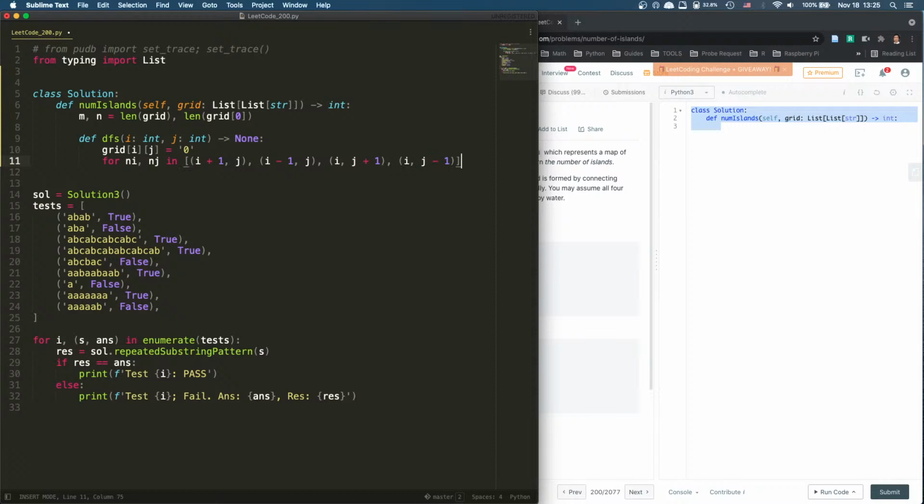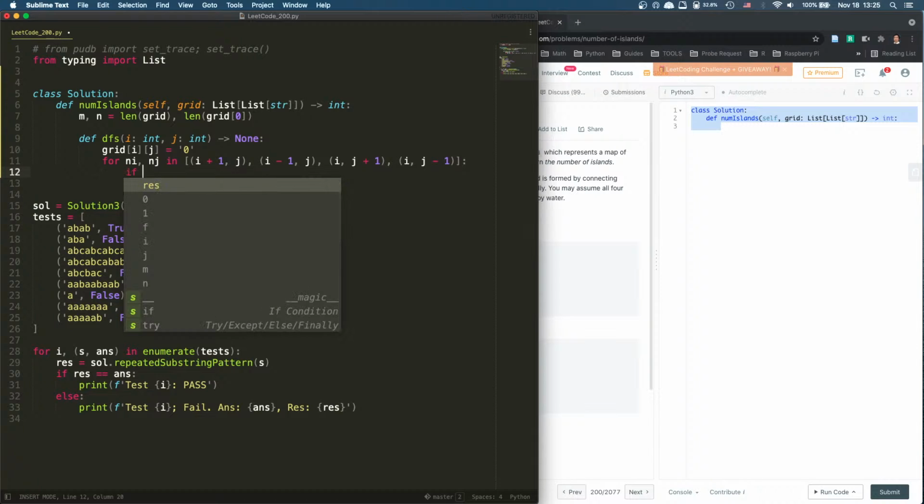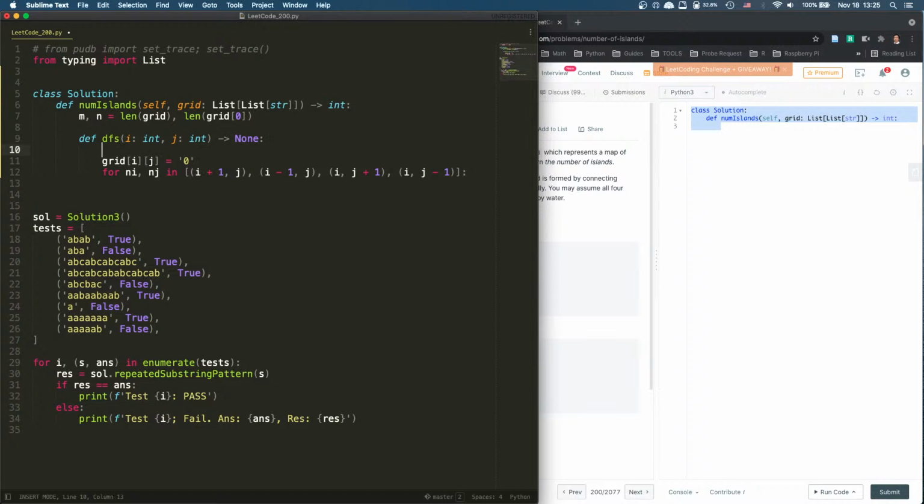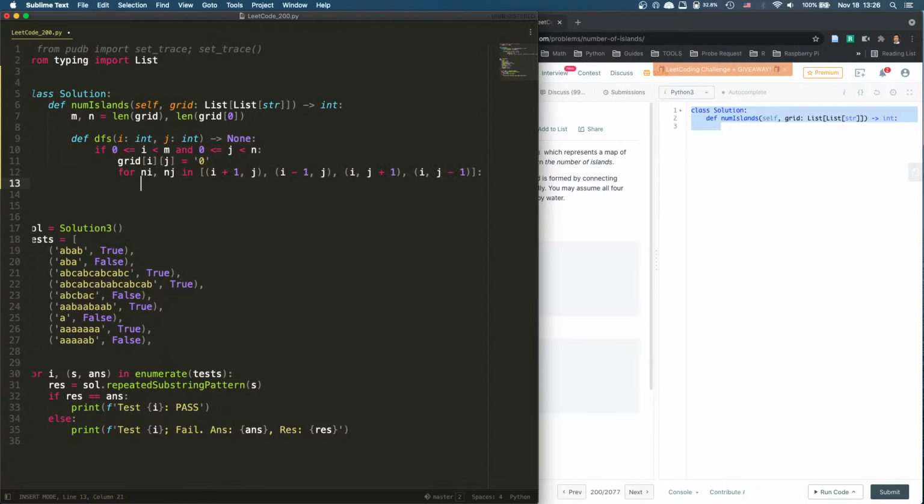Right? So, if 0 is smaller or equal to ni, we also do this here: if 0 is smaller or equal to i, smaller than m, and 0 is smaller or equal to j, smaller than n. Once we do this, then we do DFS